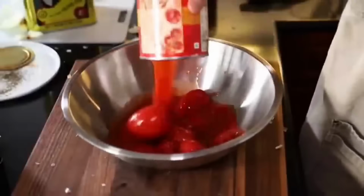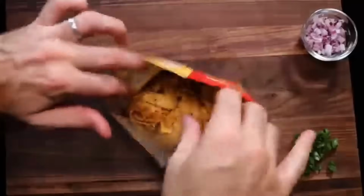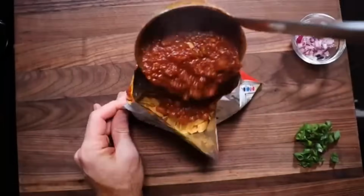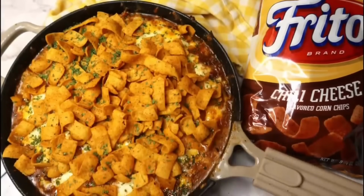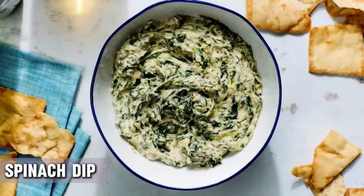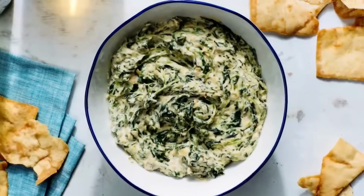It's a popular fixture at sporting events, fairs, and casual gatherings, embodying a spirit of easy enjoyment and good times. The combination of textures and flavors, crisp Fritos, hearty chili, and creamy cheese, makes it a beloved snack that's both satisfying and fun. Spinach dip became a party favorite in the late 20th century, renowned for its creamy, indulgent texture